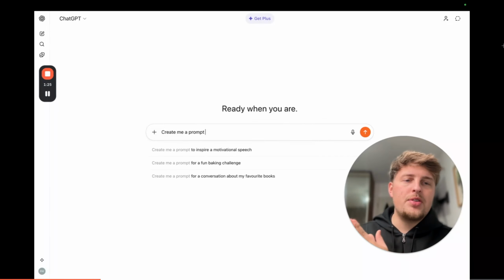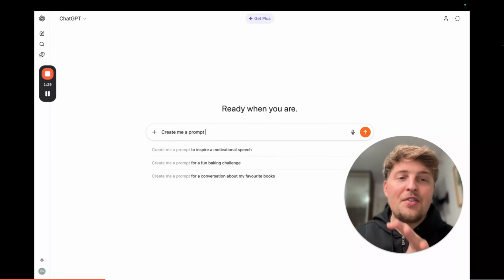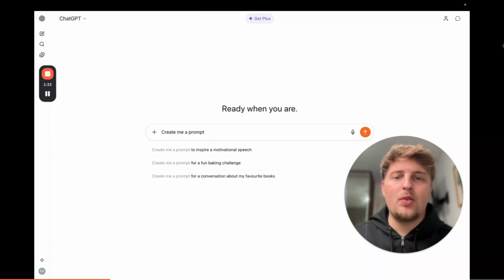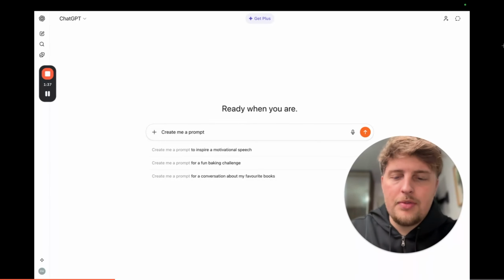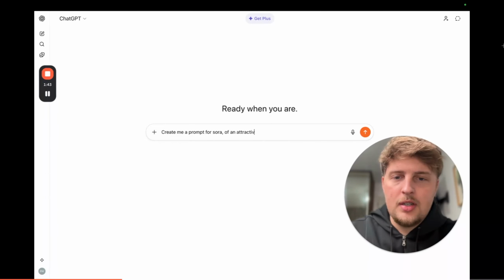Otherwise, if you don't, it will try and put it into a different video generator that may not be Sora. It could be Kling, and you don't want that. You want to make sure that it's simply just for the thing that you're actually trying to make. So create me a prompt for Sora of a girl, of an attractive, we'll say 20-year-old girl